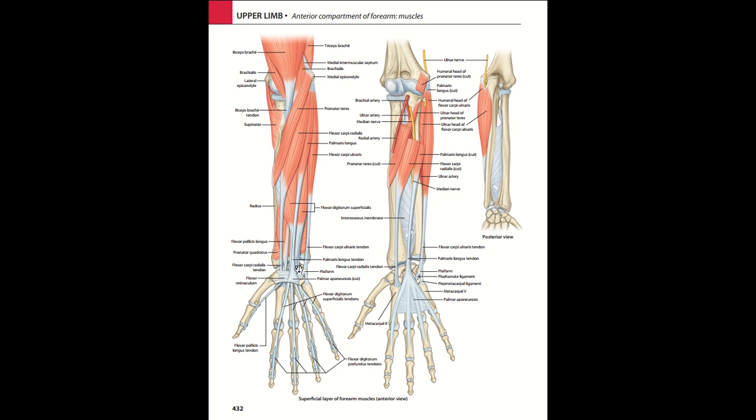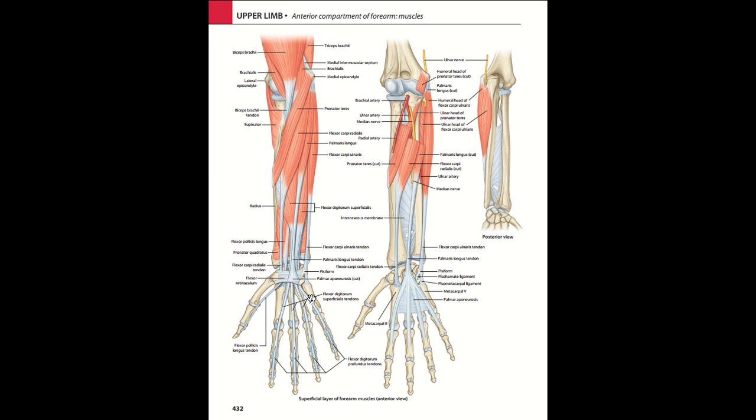It's very important to understand that the pisiform bone is a sesamoid bone that is formed within the tendon of the flexor carpi ulnaris. A very important clinical MCQ question: the pisiform bone right here, you can see, is found within the tendon of the flexor carpi ulnaris. So therefore, it is a sesamoid bone. You understand? So what's the action of the flexor carpi ulnaris? Well, it's definitely for flexion, and